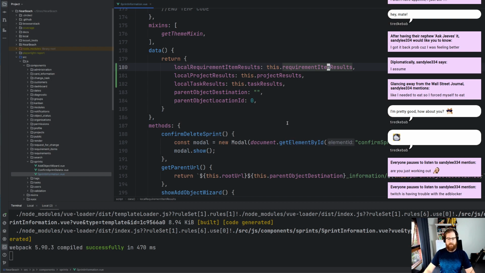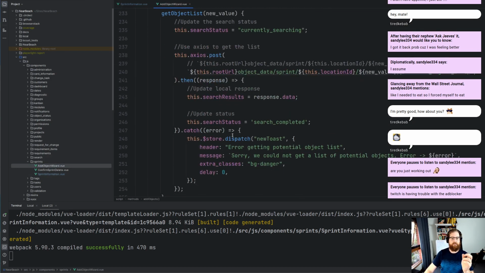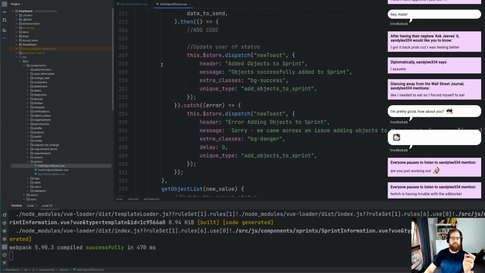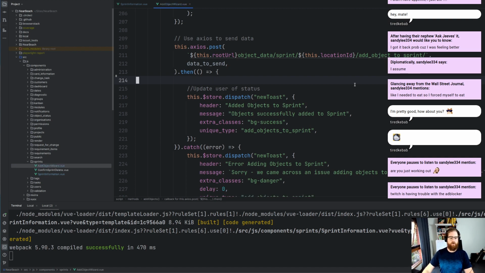There you go. All right, so the idea being is these can be mutated easily. So what we want to do is we've got add object to sprint. So we've got the add objects going all the way down here. We've then got this then code. So what we want to do,